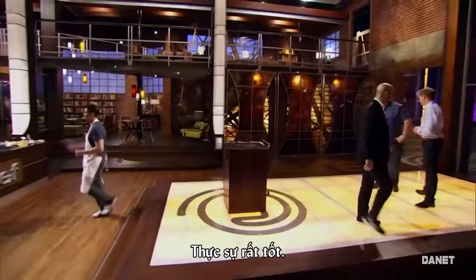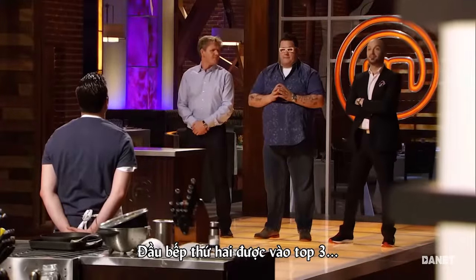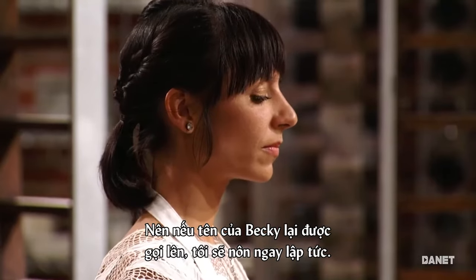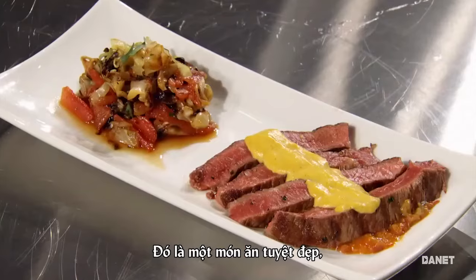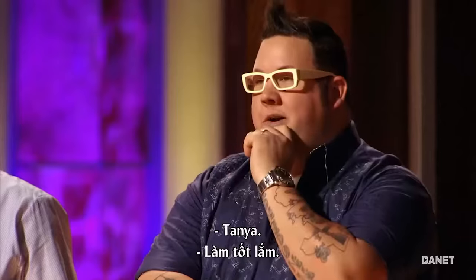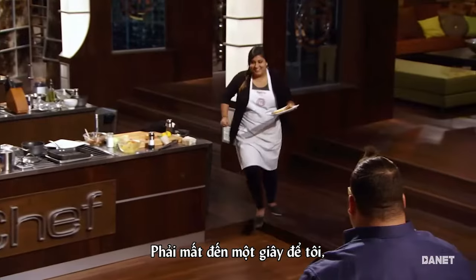Pretty good job. The second home cook that made it into the top 3. Excited to try it. Becky's ego is getting larger by the day. So if Becky's name gets called, I'm going to vomit completely. At the end of the day, it was a beautiful dish. And that dish belongs to Tanya. Well done. I'm like, what? Tanya? Me? It took me a second to be like,